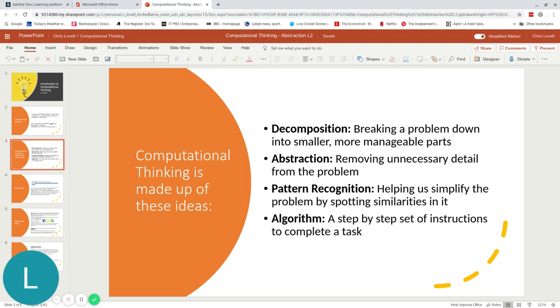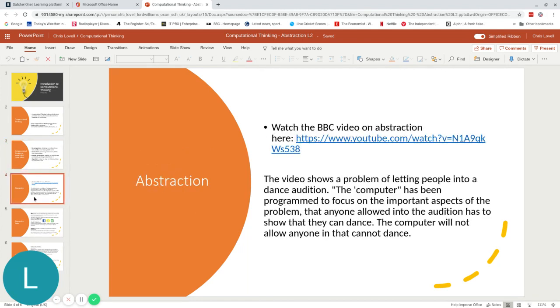And as we said last week, you've all had practice at creating algorithms, either in Scratch or in Python, with block-based code or text code, where we've created a series of instructions. So they're algorithms. So you've had some experience of that. This week we're going to look at abstraction. So the first task, and I will make sure I put this link in Show My Homework as well, is